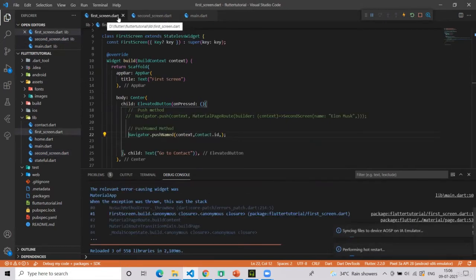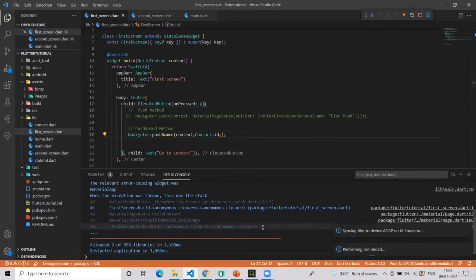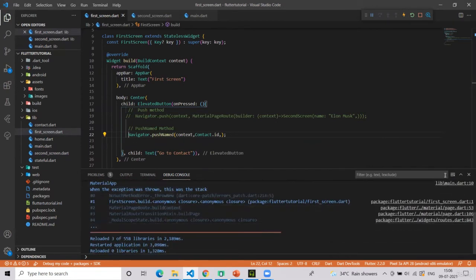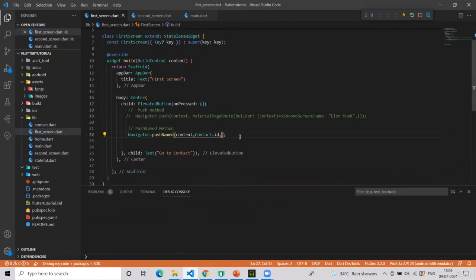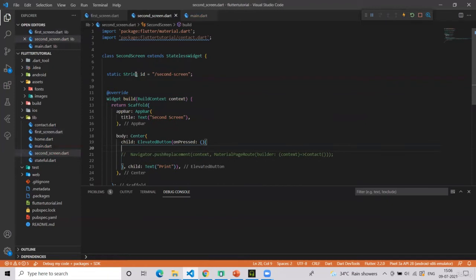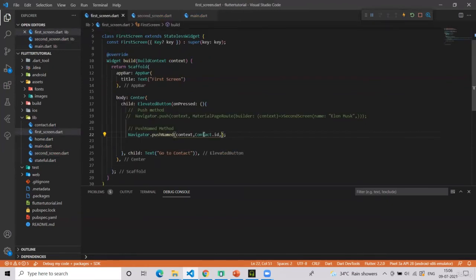Step one was here, you simply go to the third position, that is first is context, second is the name of the screen, that is contact.id. I'm going to contact, but I would like to go to second screen. So I will just go second screen dot id. Here I will go to second screen.